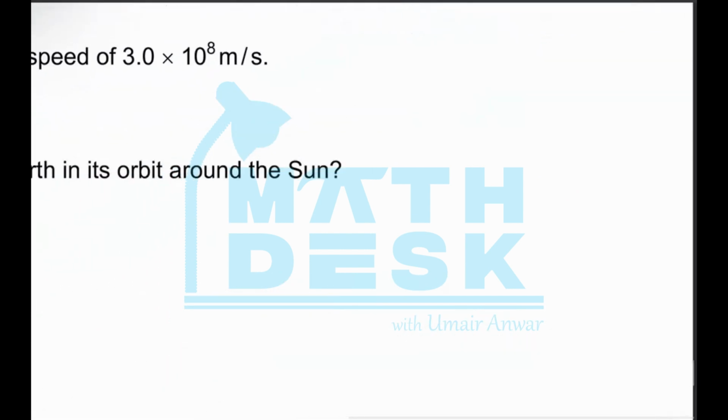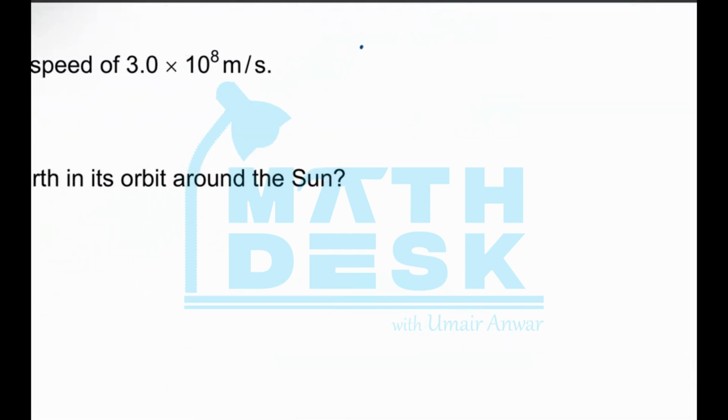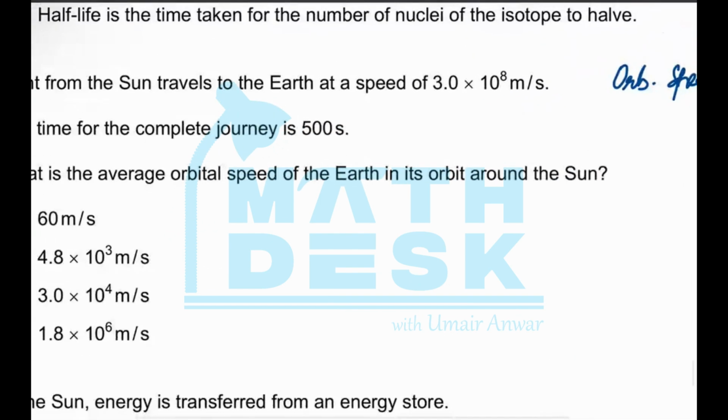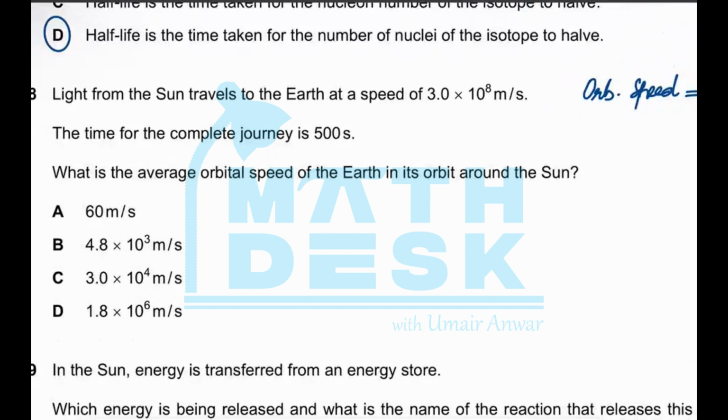So if we want to find out the orbital speed of the Earth, we need to find the distance covered by the Earth, which is equal to the circumference of the orbit of the Earth around the sun, divided by the time taken to complete this one orbit. Now, for finding the circumference, we need to find the value of r, the radius. And for finding this value, we would be using these two pieces of given information,